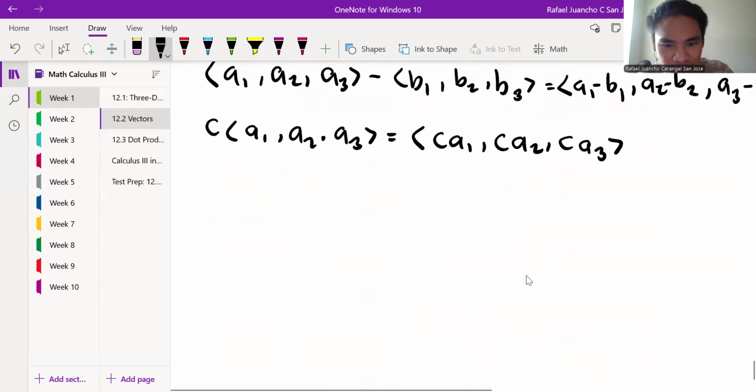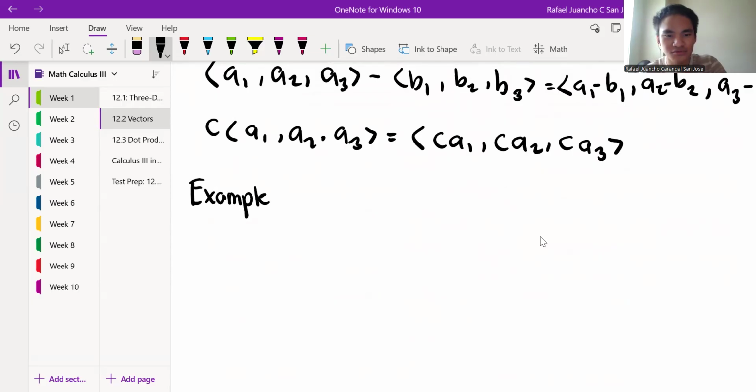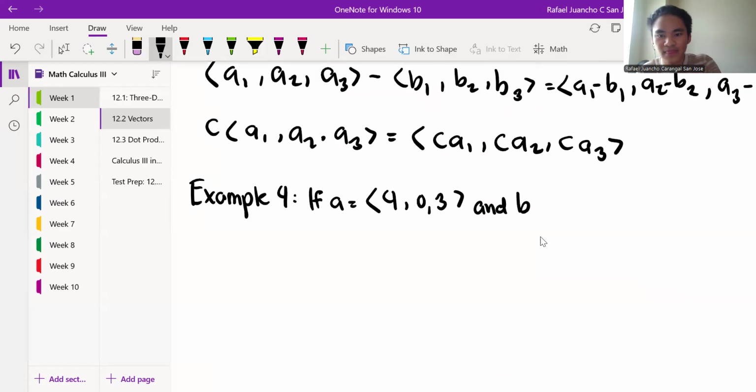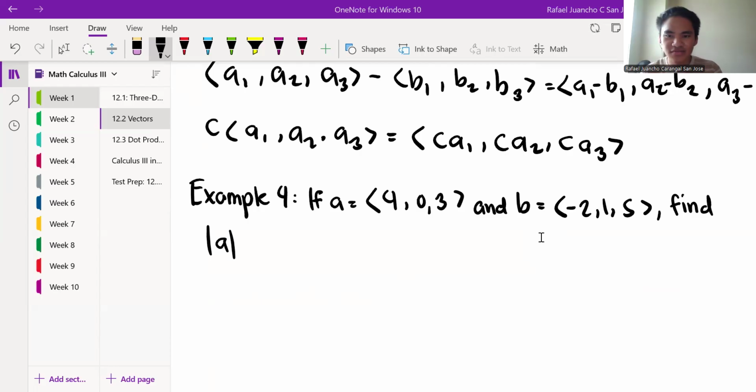Okay, and then now we apply that. So we're in example 4, and we say, if A is this vector, and B is this vector, we want to find the absolute value of A. And the vectors A plus B